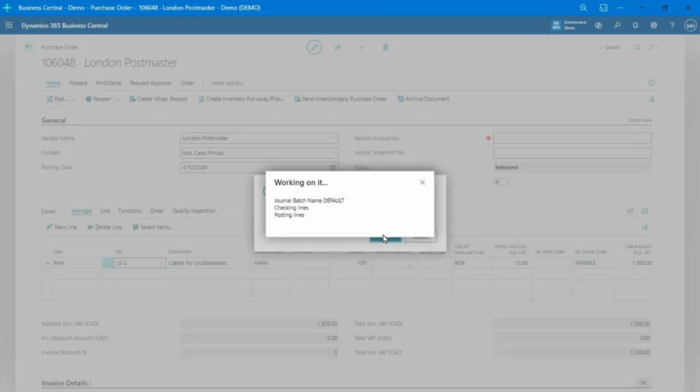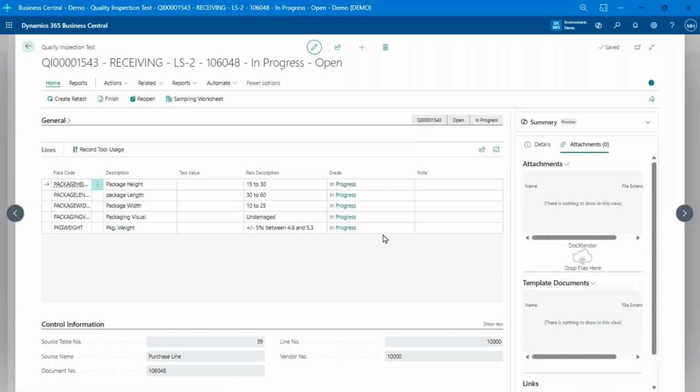And in the setup, you can set it up to automatically show the test that gets created when you do a specific action. By default, that's turned off. In most environments, you turn that off because you don't want the person doing this receiving to have this test pop up. This is something for the guys in the warehouse or the QC people to go through and run this test. But for demos, this is great because it pops up the test that was just automatically created